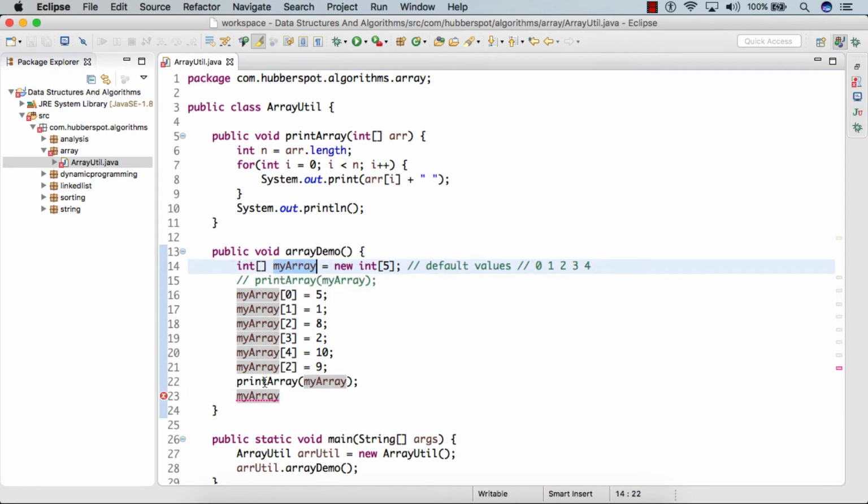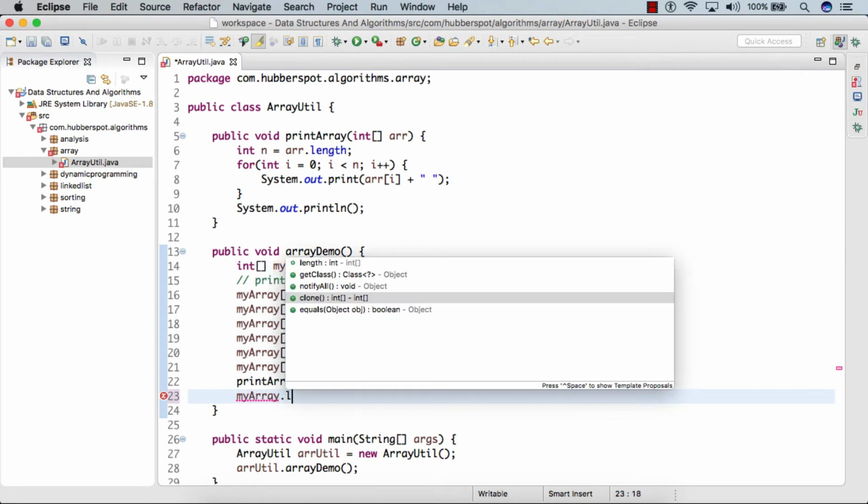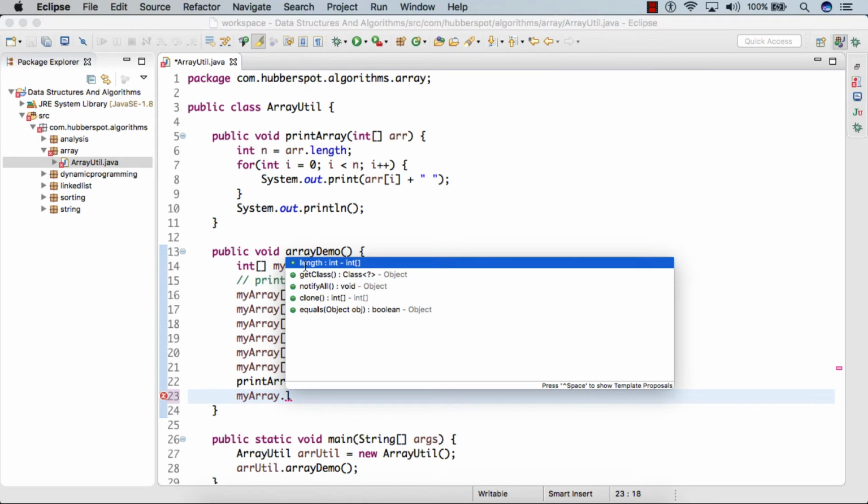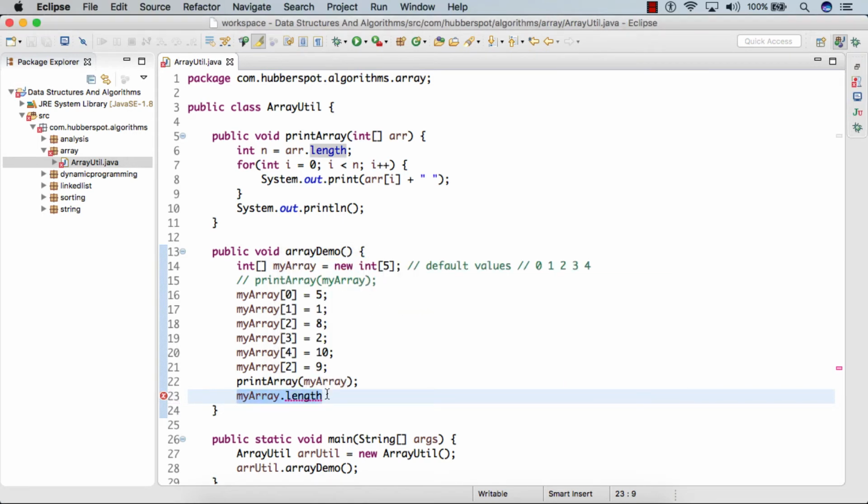This array data structure inherently has one variable by the name length. If we want to know the length of any particular array, we can simply use myArray.length. Let's say I print this on the console,